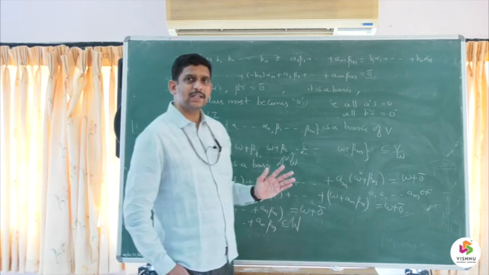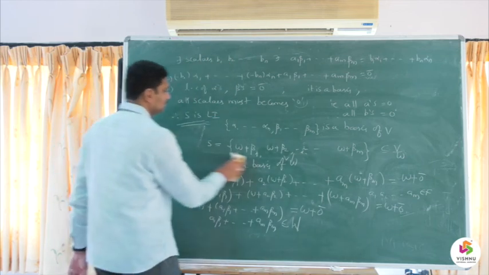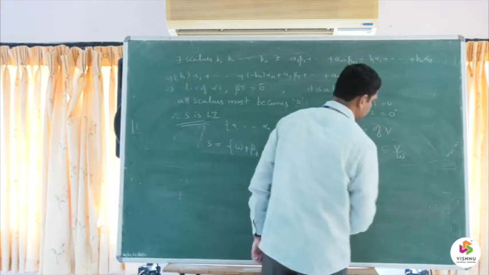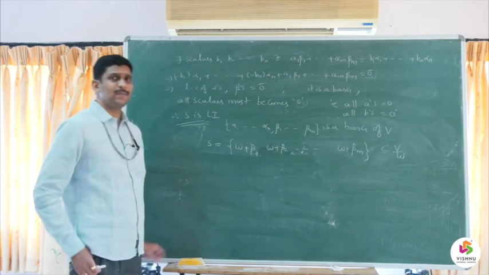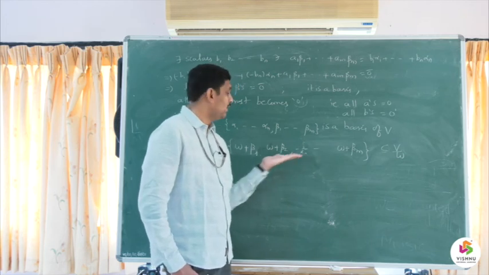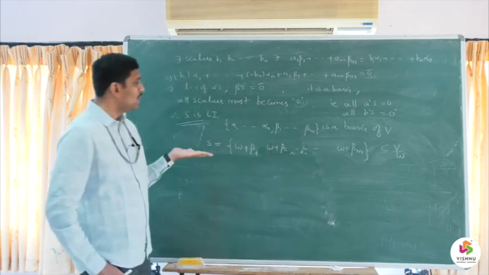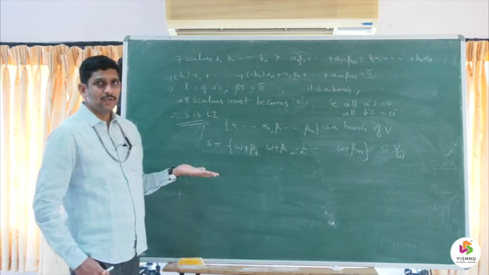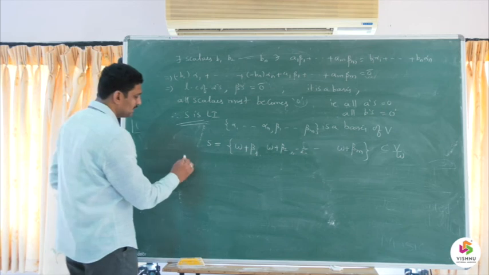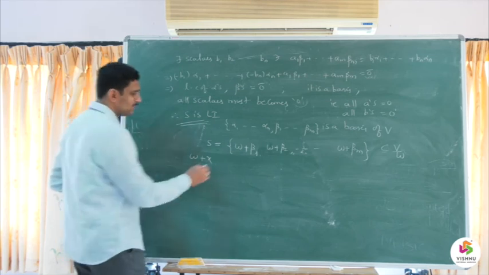Now, there is a second property, that is, I must show that it is a spanning set of V by W. Let us prove that. Again, I repeat what is meant by a spanning set. Now we prove that the set S spans V by W. How to prove it? Whenever we take a coset in V by W, it can be written as a linear combination of elements of S. So for this, you take, say, W plus X, which belongs to V by W.